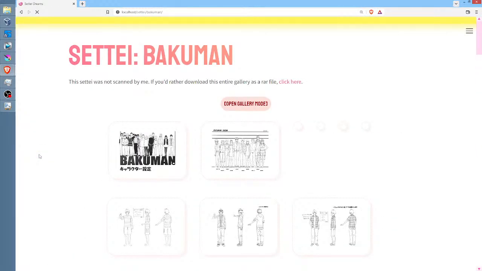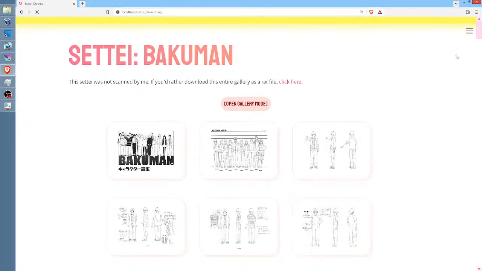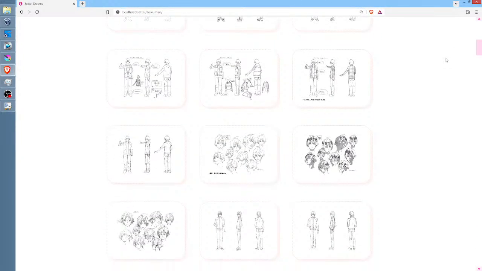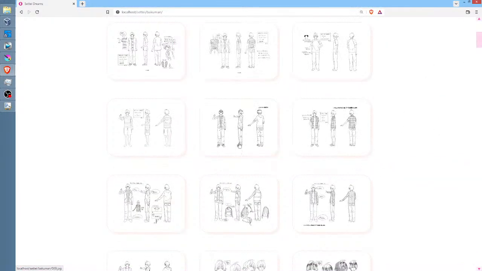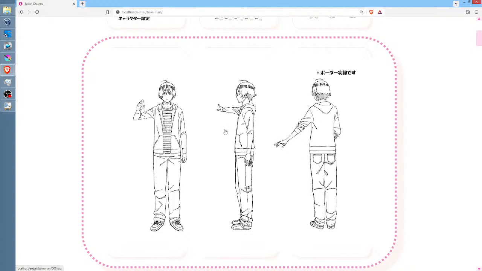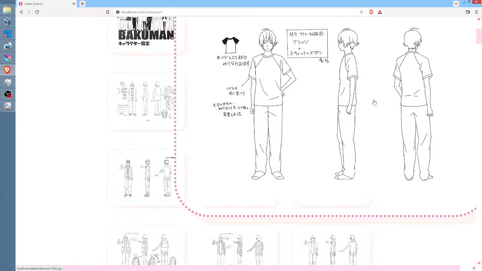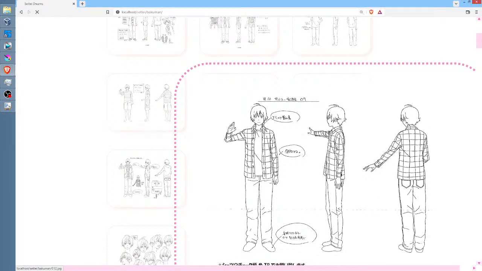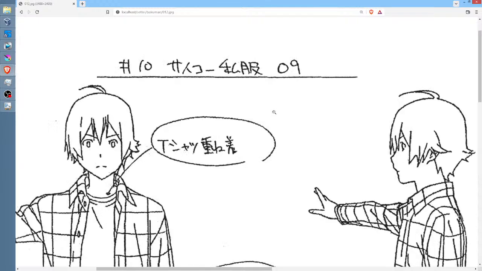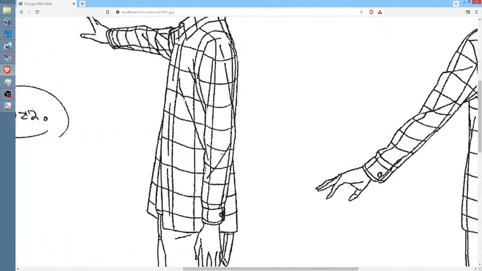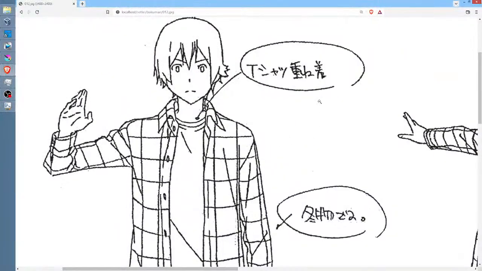So if I go to Bakuman, I've made some changes to the CSS code so that the thumbnails are a little bigger, but if I mouse over them, I get basically a full screen blow up just from hovering. That means I can check real quick if this is an image that I want to look at, and then if I click it, it opens up in the browser, and if you zoom in all the way, you can see these images are really big. So there's a number of things I could do to make this more functional, but it's working pretty well.